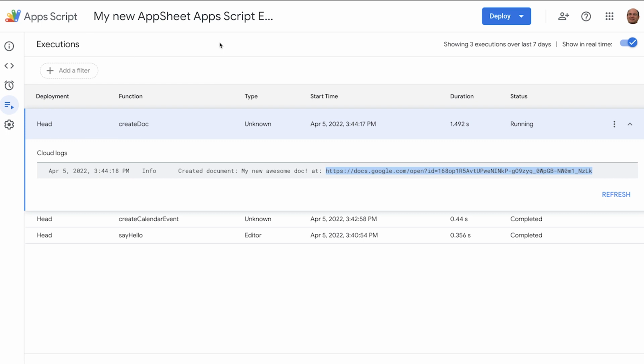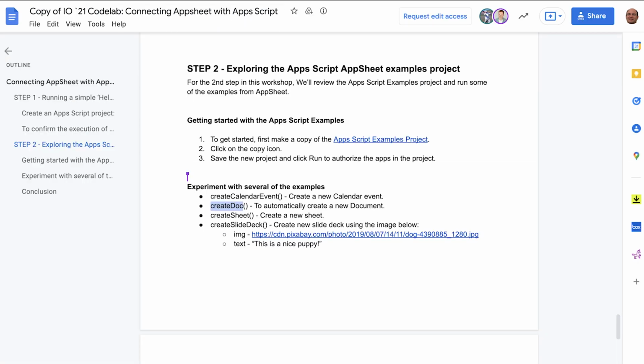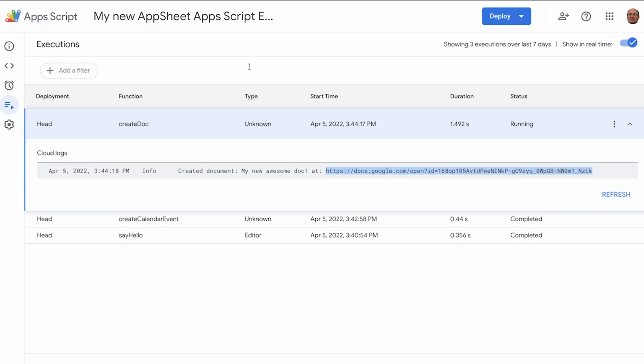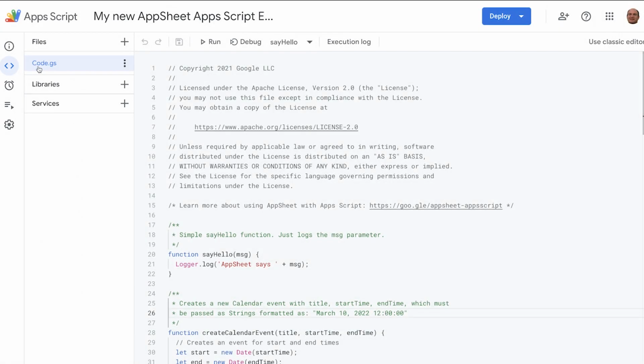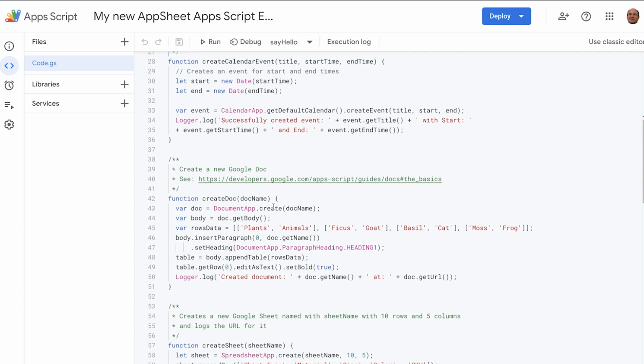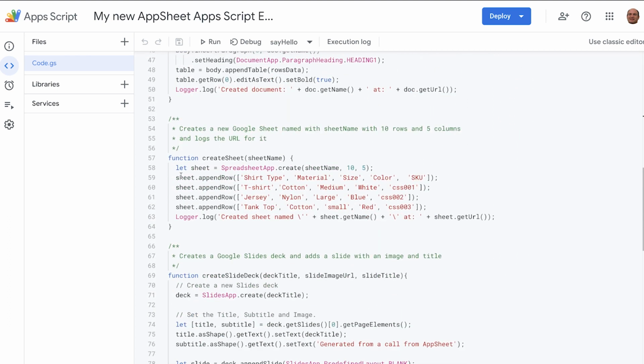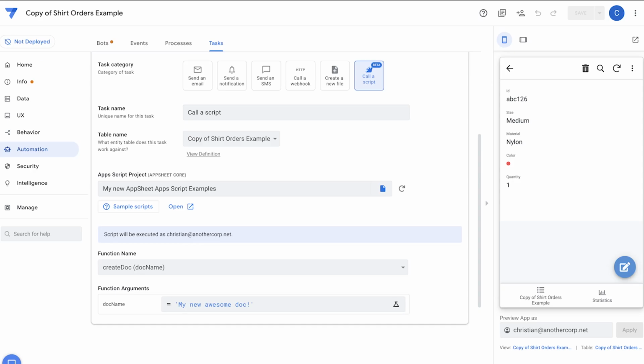So if you recall from our examples here, I'm going to do the create sheet call. So if I switch back over to our code, just to have a quick look at the code, and I scroll down to create sheet, here's another function, and I just have to give it a sheet name, right? So let's just set that up. I go to my application.